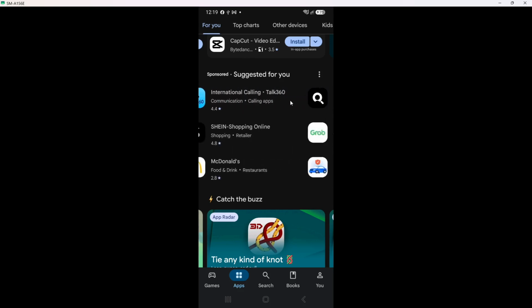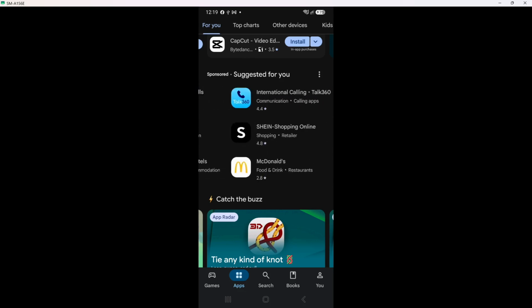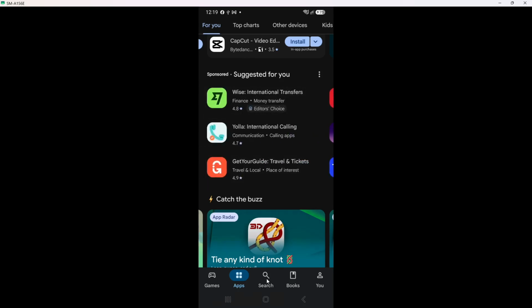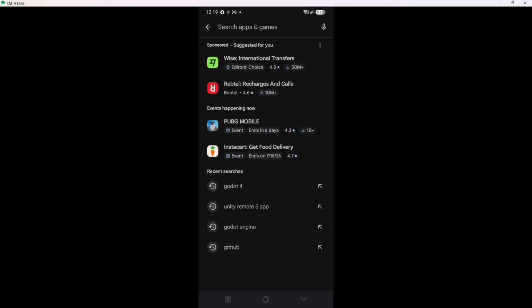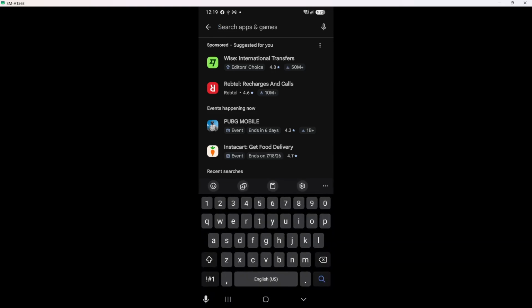Next, tap the search bar. The search bar is typically located at the top of the screen. This is where you will type in the name of the app you want to find. A clear and easily accessible search bar helps you quickly locate the desired app without scrolling endlessly. Being efficient in this step saves you time and energy, allowing you to focus on getting Unity Remote 5 set